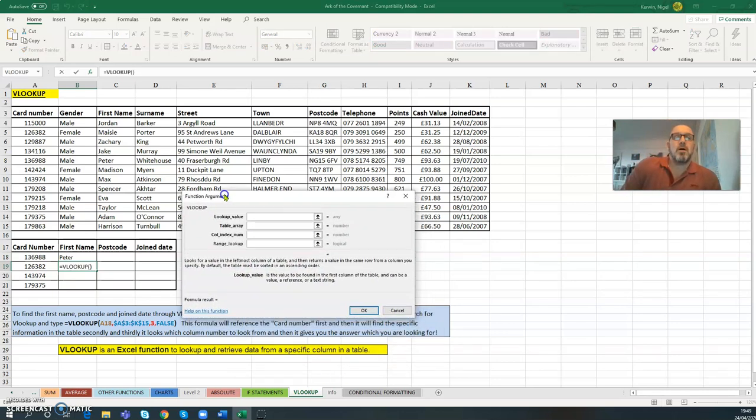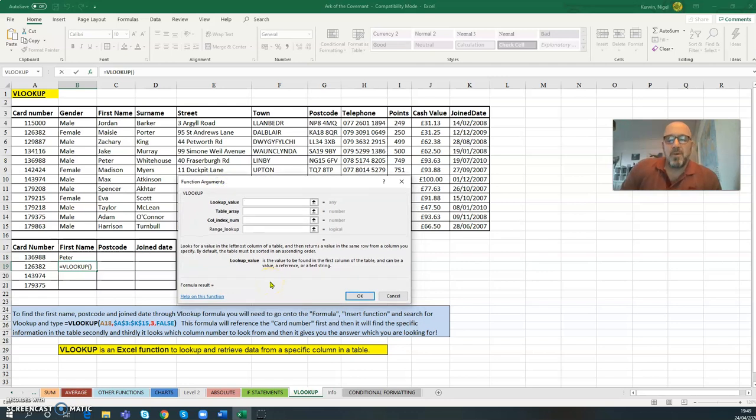So this time, what I'm going to do, and you may need a pen and pencil in your exam for this, because my memory is not very good. So the lookup value we're looking for is still this first value. So whenever I'm looking for a postcode or a join date, I'm always going to look for that value, yes? The left-handmost side. So I'm looking for A19, and the table array I'm looking at this time is not this one. It'll be, because you may have this on its own in the exam, but your table may be on a different sheet. So I'm going to go and look in this sheet,